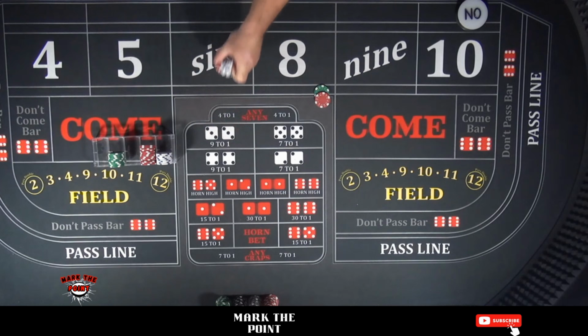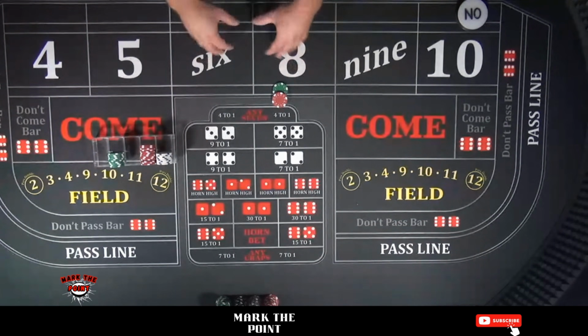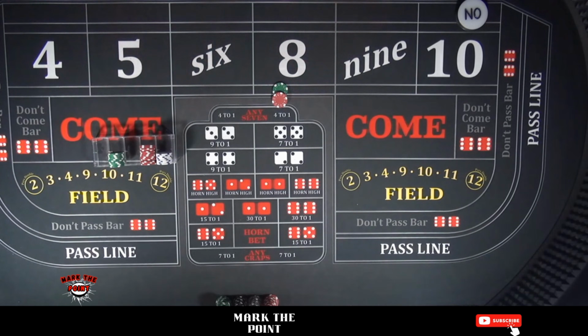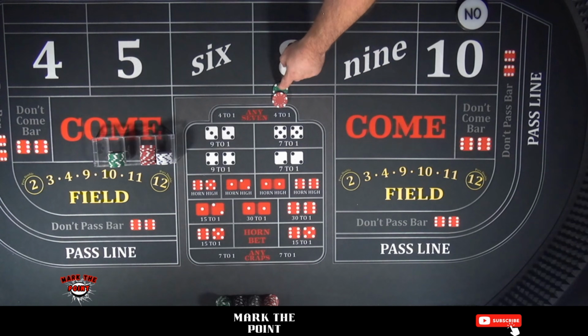Okay, now let's move over to one more spot, and I'm going to show you how this works. Again, the same concept, but in this case we're going to be on the 8. All right, again, 8 and 6, same identical. They're sister numbers, so it's going to be the same thing. Just like a red chip needs a white chip, a green chip needs a red chip.